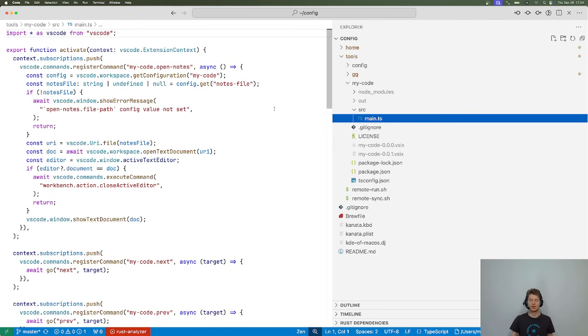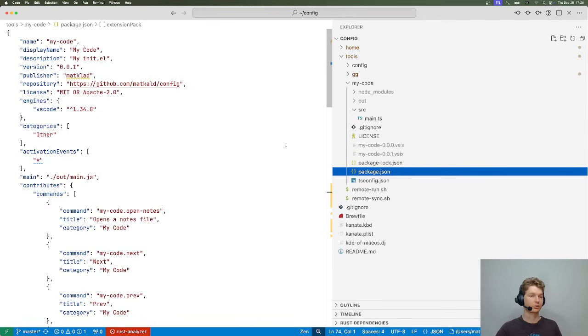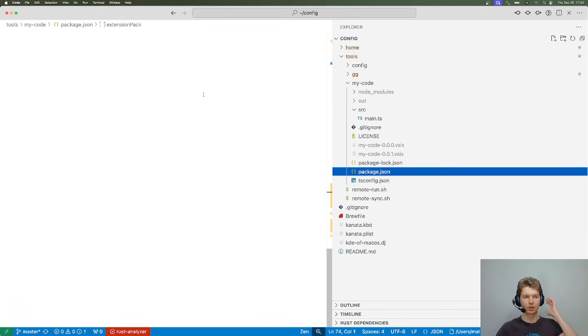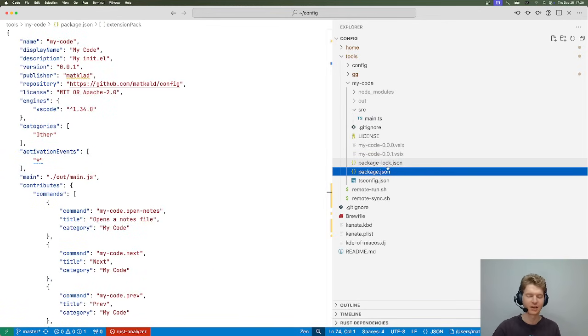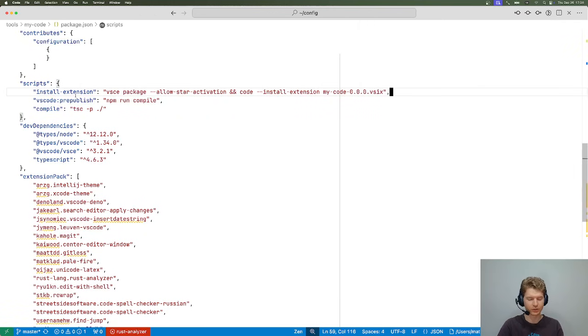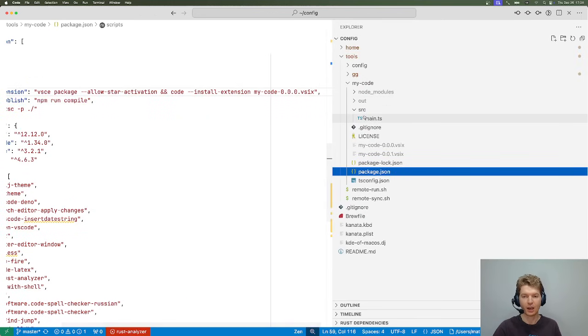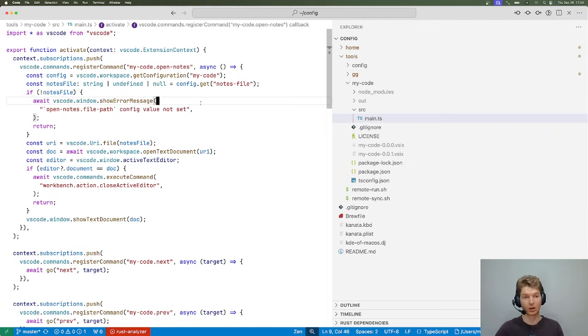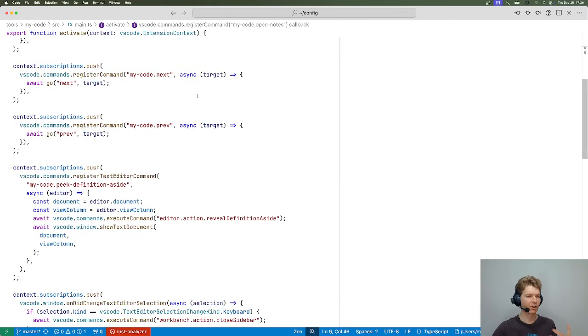VS Code is very hard to script in a naive way by just dumping some code there, because it wants you to have an extension, it wants to have this extension published, whatever. So I just went with this whole process, this whole chore, of creating this package JSON and declaring dependencies, and there is some command to actually go and install this extension, which I don't understand how it works. But the result here is that if I want to do something with my VS Code, I can now just go